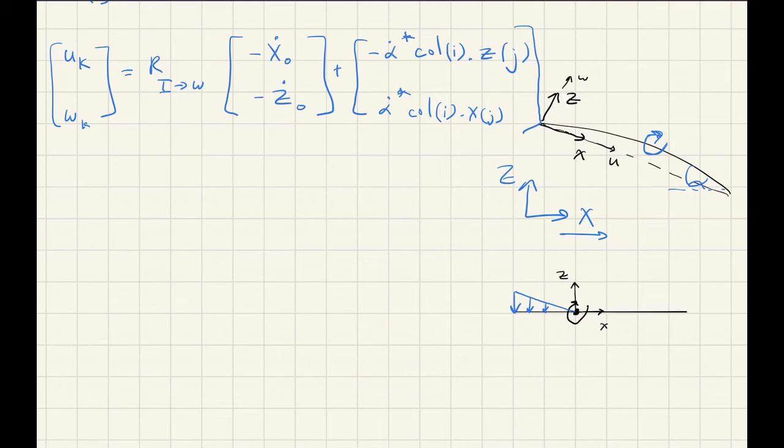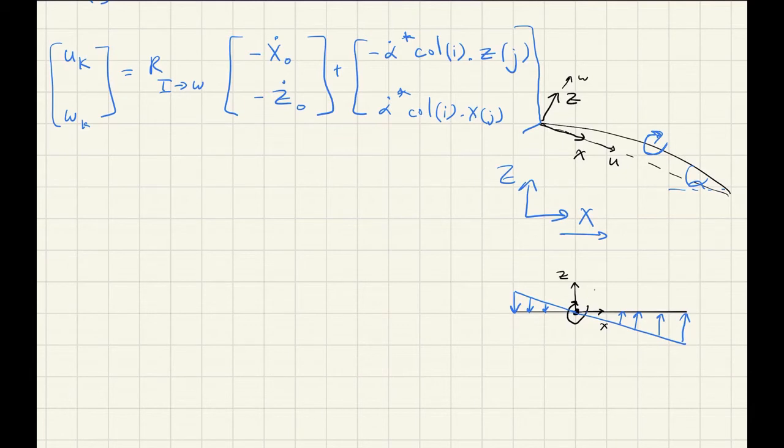And if this wing is pitching this way, then this part of the wing is moving down. And since it's moving down, it sees a velocity going up like that. So this is the velocity experienced by points on the wing from the flow, from the point of view of the wing itself. And since, assuming that this is some sort of linear rotation,